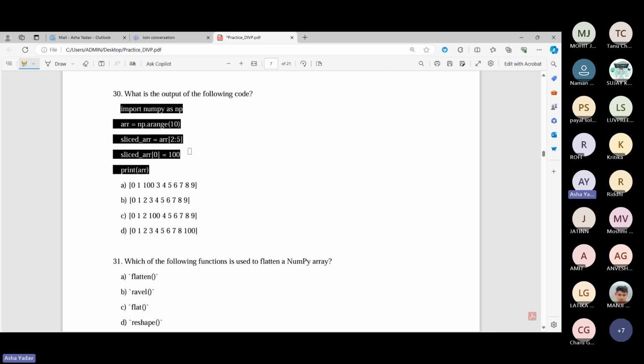ठीक है, तो जैसे तुमने स्लाइस एरे के 0 पे 100 डलवाया, सो लेट्स सी, इसको थोड़ा सा हल्का सा समझ के देखते हैं। वैसे तुम पहले आंसर बताओ, क्या पता तुम्हें पहले से ही आता हो। A option. हाँ मैम ठीक बता दो कैसे है, हाँ मैं बता दूँ।